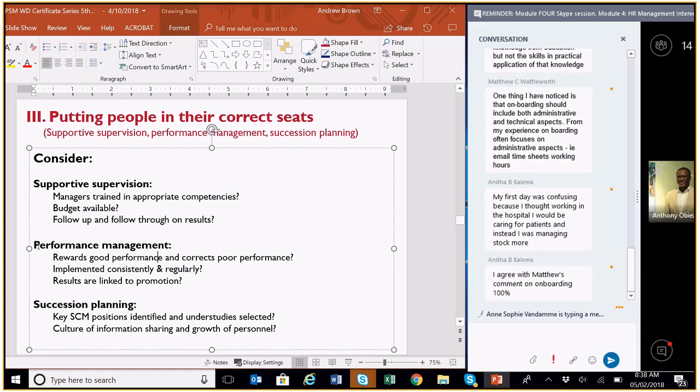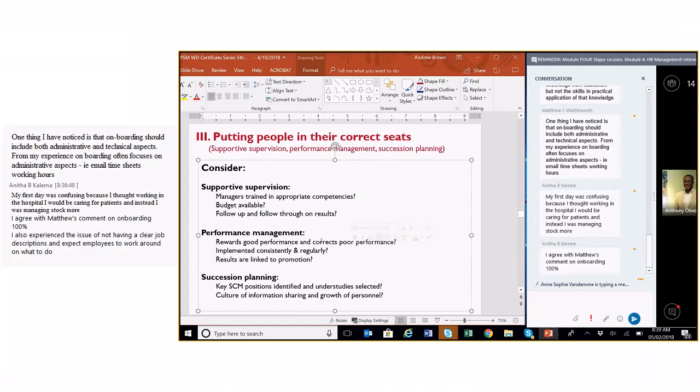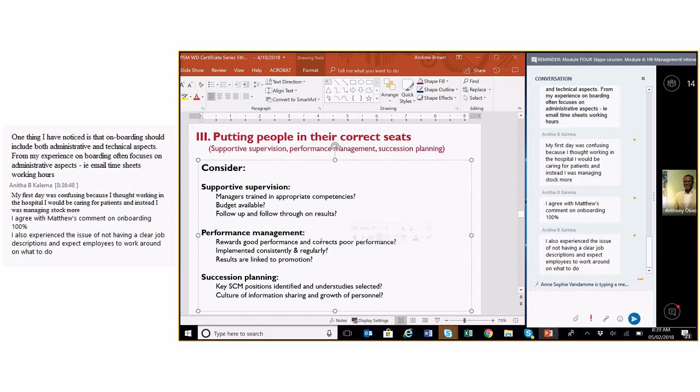With regard to performance management, we need to have a system that rewards good performance and also corrects poor performance. Now, rewarding good performance does not have to be monetary incentives. I've provided resources about incentive programs. Rewarding good performance can simply be, thank you very much for doing good work. It can be giving them a certificate that says, I want to acknowledge that you're contributing well to the team.